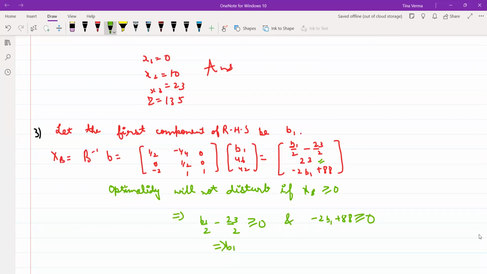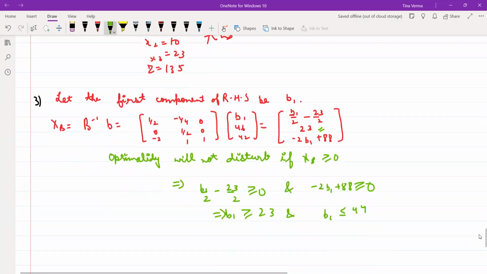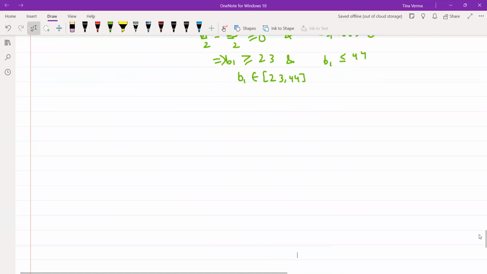So from here you will get B1 should be greater than or equal to 23 and B1 should be less than 44. So what is the range? If you change your first component in the range 23 to 44, your optimal solution will not change. So this is all about when we can change the right hand side. Next we can go